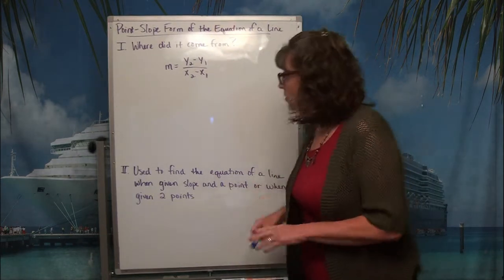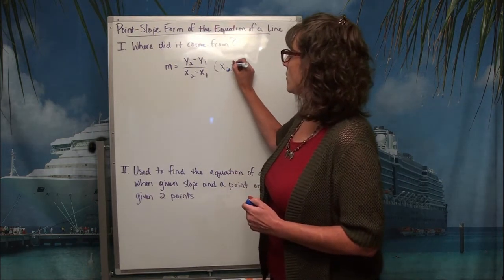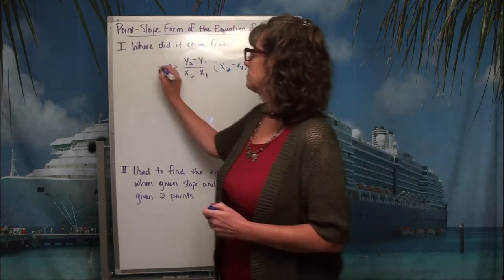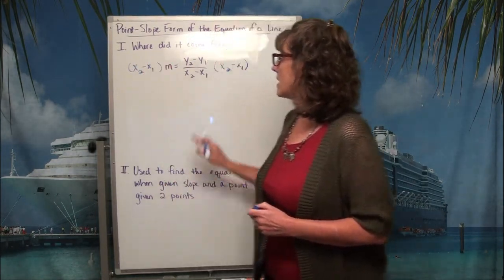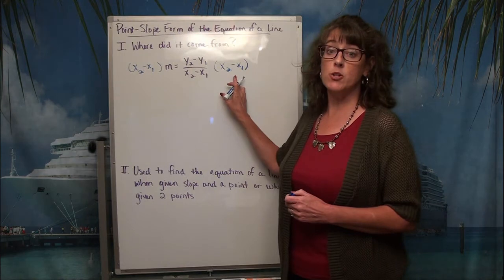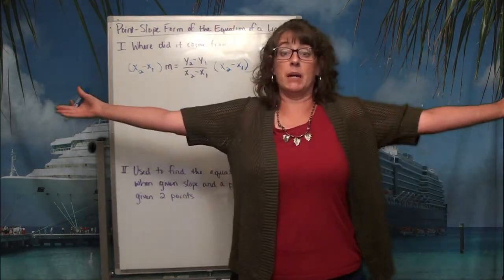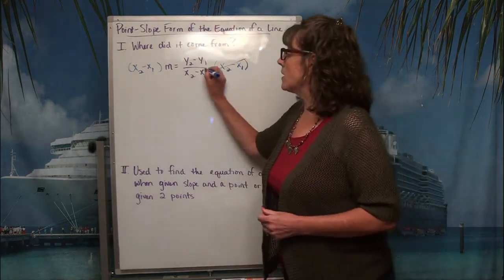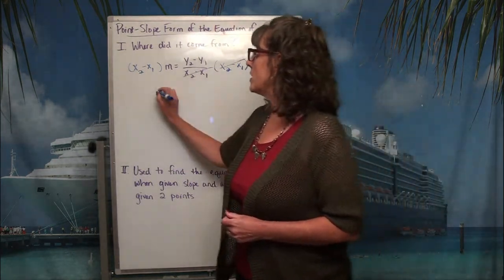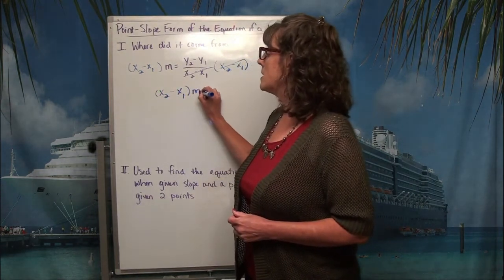So I'm going to multiply both sides by that denominator of x2 minus x1. And remember, this whole idea of pan balance means that if I'm going to multiply this side by x2 minus x1, I've got to multiply this side by the same thing as well, keeping it all balanced as a pan balance. So these will cancel out completely, and what I'm left with is x2 minus x1 times m